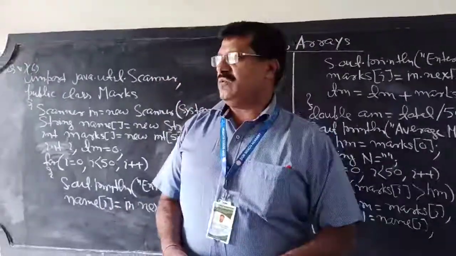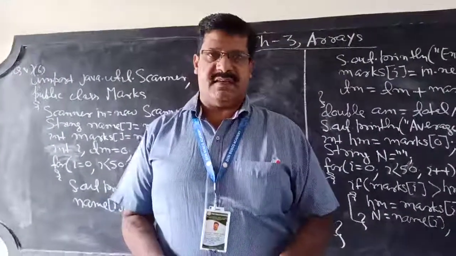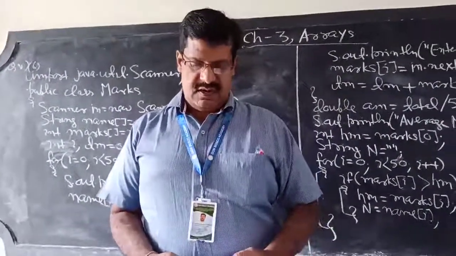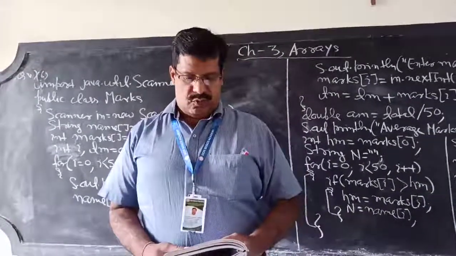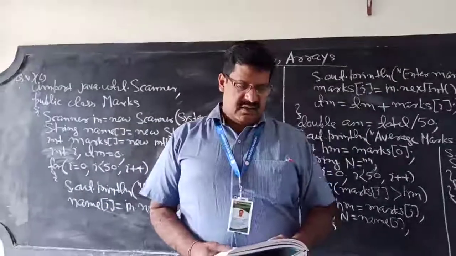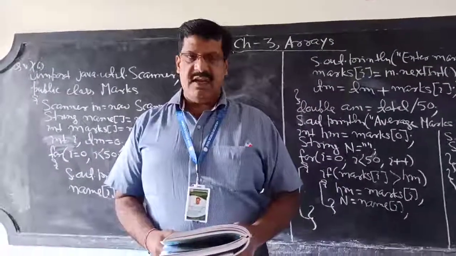In today's class we are going to discuss programming question number 6. It is an ICSE question. It was asked in ICSE 2006. So programming question number 6 is: the marks obtained by 50 students in a subject